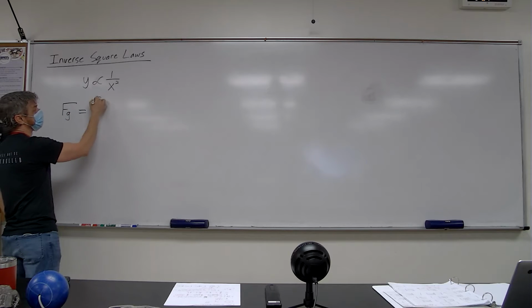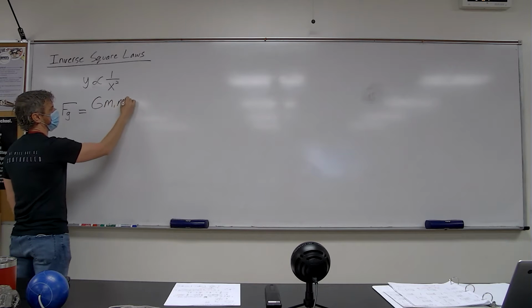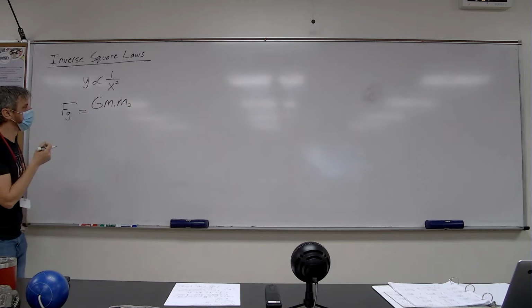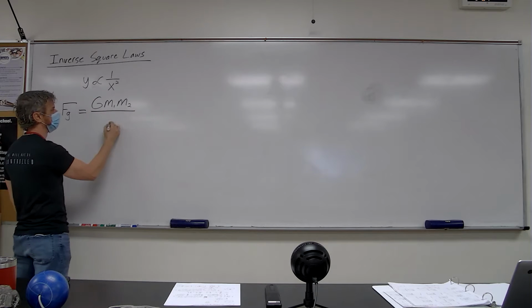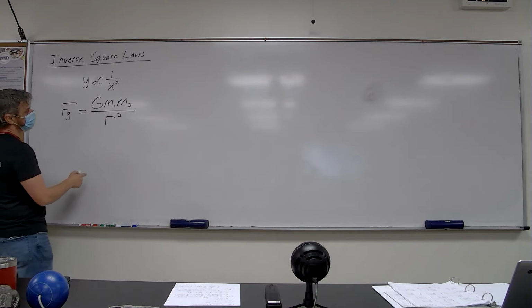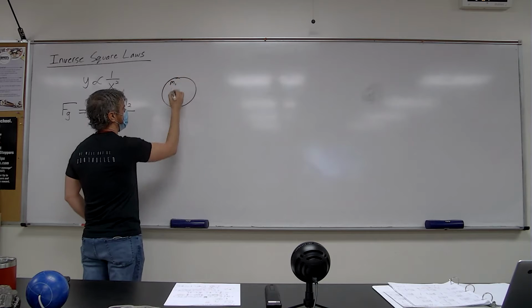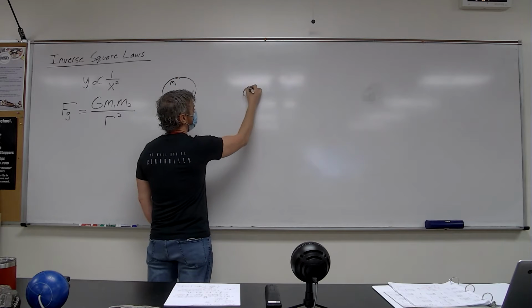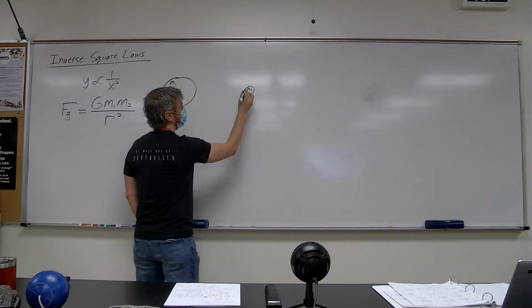And it obeys an inverse square law. The proportionality constant is big G. And then you've got two objects, M1 and M2. The force of gravity is directly proportional to the product of those two, and inversely proportional to the distance between them squared. And the scenario would be, say, mass 1 could be a planet, could be a star, could be one of you guys and someone else on the other